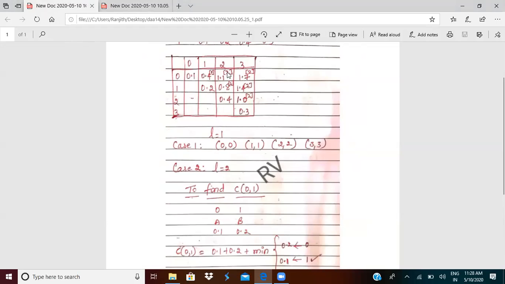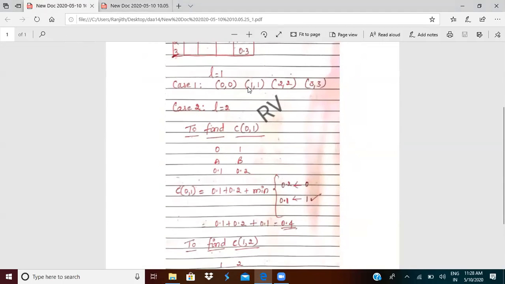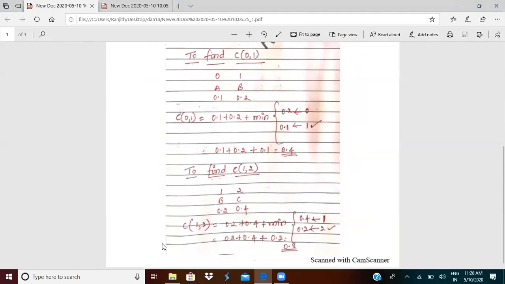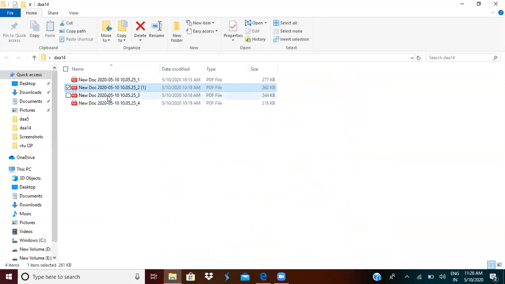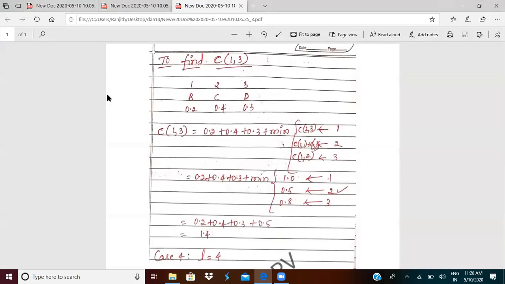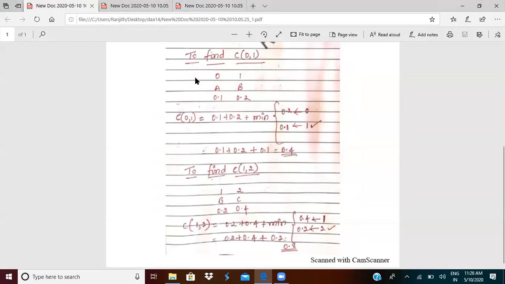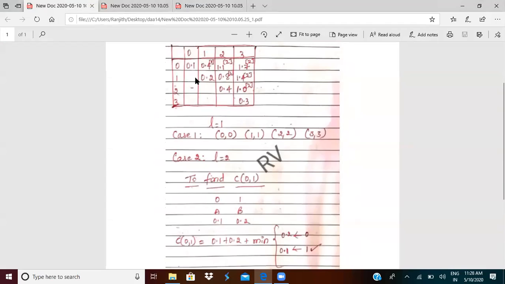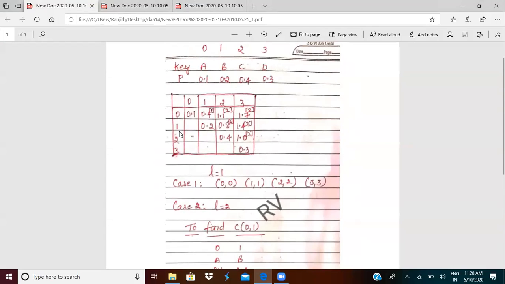It is because of superscript 2. Now I'm going to fill this box. I'll calculate 1.4. Let's see how we can calculate 1.4. That is to find C of 1 comma 3.